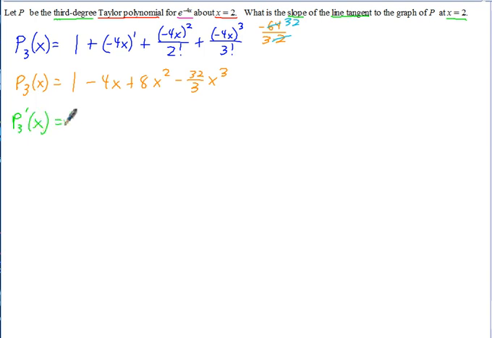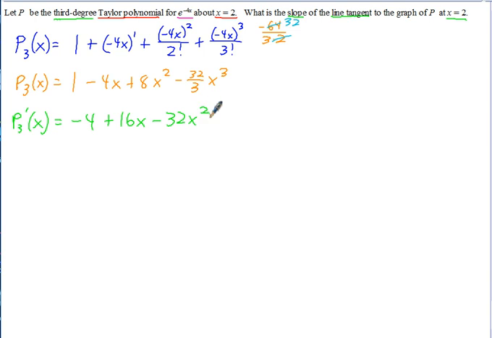Well, the derivative of 1 is 0, derivative of negative 4x, negative 4. Derivative of 8x squared, using the power, would be 16x to the first. And then minus, power along here. When you bring down the 3, notice that reduces out with the 3 on the denominator. So you're just left with negative 32 x